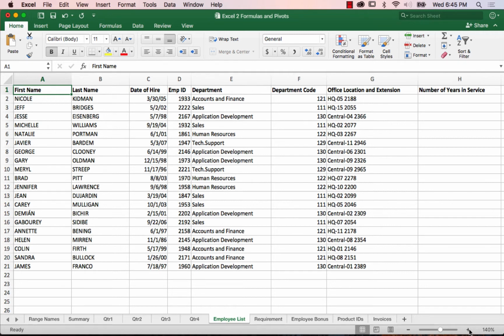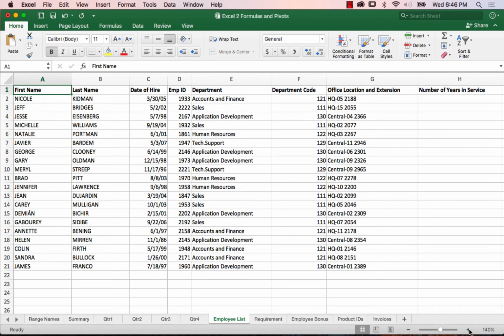But here's a scenario. Imagine you get some data that you download from another system, or somebody has keyed this information in, and you need to clean it up. So for example, wherever we got this information from, they typed in the first and last name all in uppercase, okay? And also, they've got the first name and the last name in separate columns. So imagine your boss says to you, I need you to clean up that data. I need the first and last name to be in one cell, and I need you to fix the capitalization. So like for Nicole Kidman, the N in Nicole is capitalized, everything else is lowercase, and the K for Kidman,